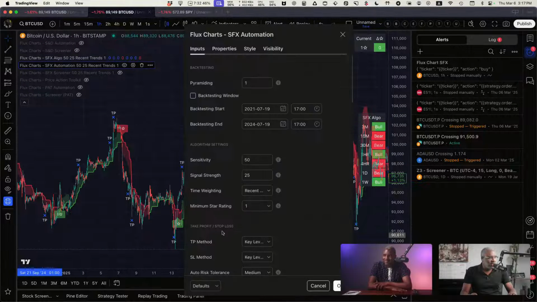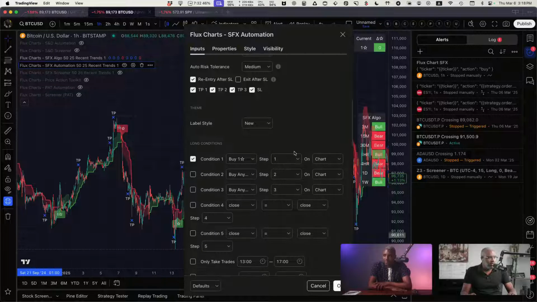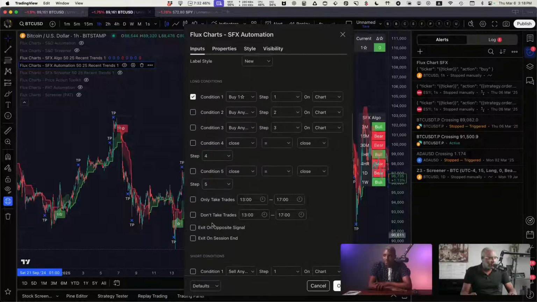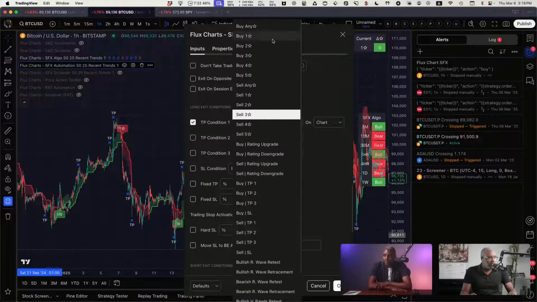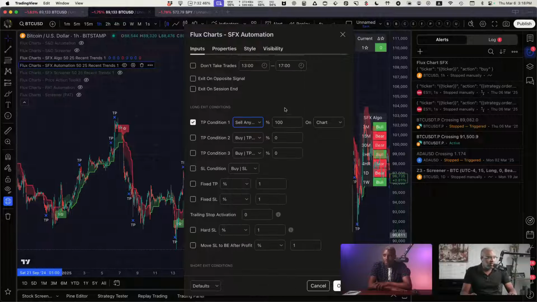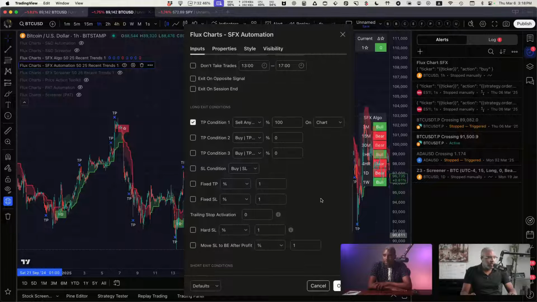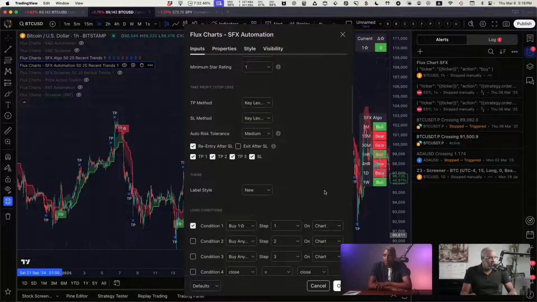So let me go ahead and here, I'm going to buy on the first star. If I get 1 star, let me go ahead and exit. I'll exit on any sell star, and I'm going to exit 100% of the portfolio. This last one is the chart time frame that I'm on. I'm going to leave it on the chart time frame that I'm on right now. All right, so if I do that,